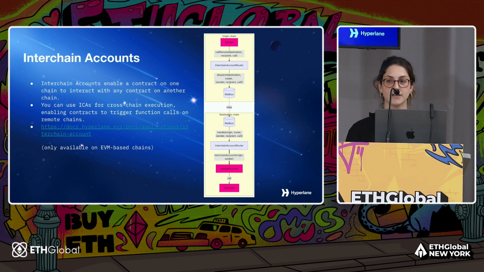You can definitely use it to run a function call on a destination chain without having to go through the hassle of building all the infrastructure yourself. I'm going to give a case study in the end which uses Interchain Accounts. Veldrum SuperSwaps recently launched, and they use Interchain Accounts to make the swap single click for a user, which basically swaps the assets and makes the transfer for you as well. Hopefully that case study will also make it more clear and give you some idea of what you can build with Interchain Accounts.